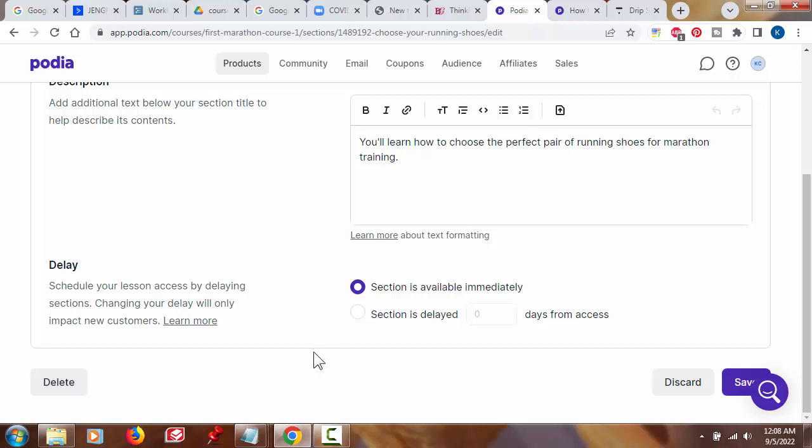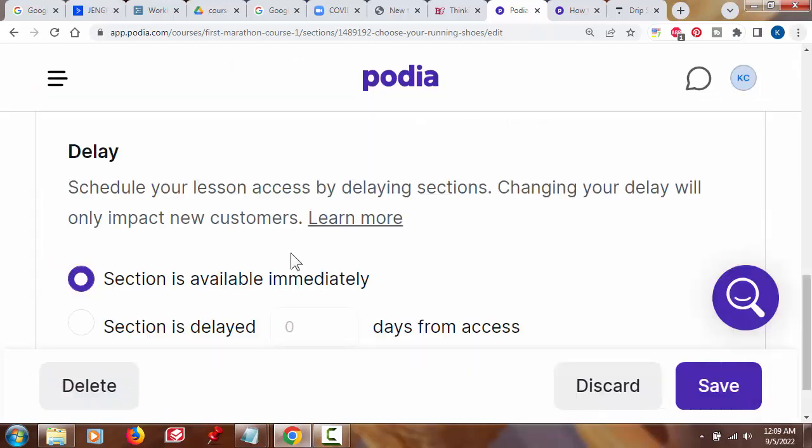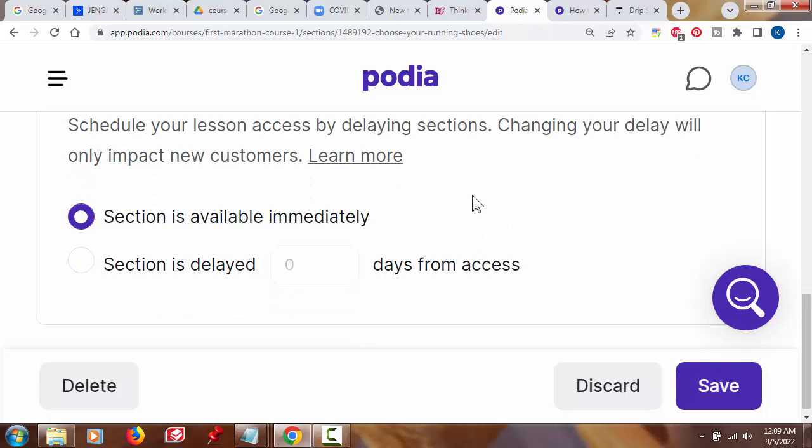By default, it's set to, let me just zoom in so you can see. All right, I've zoomed in quite a bit. So as I said, the drip scheduling is just setting a time delay for a given section. By default, the time delay is set at available immediately. So if I wanted to drip release this section, to set a time delay for this section to be available for the student to access a certain number of days after they purchase it,